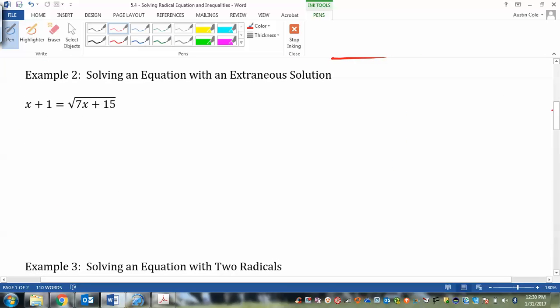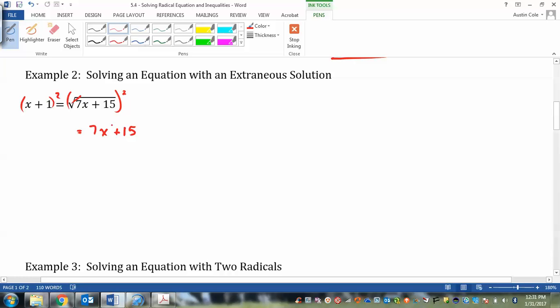Example 2. How do I get rid of the square root? You square it, okay? So I'm going to square both sides. And on the right side, the square root goes away, so I'm just left with 7x plus 15. And on the left side,